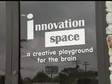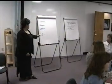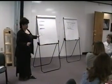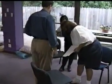The tagline is a creative playground for the brain, and that's how I think of it. And I feel like I help lead people in their creative, spiritual kind of journey, so that I am kind of their guide along the way, whether that be through my facilitation of the group or even if it's somebody that's renting the space, if I'm helping them set up the most effective way to use the room